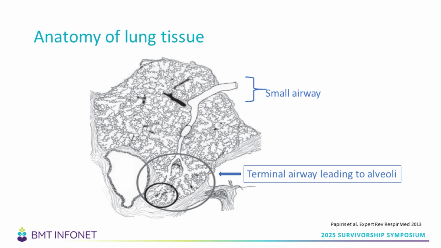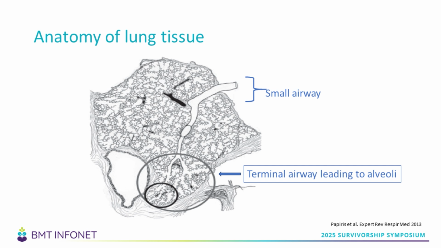So for graft-versus-host disease of the lungs, or bronchiolitis, what we're talking about is affecting your small airways. This is a micrograph, or a close-up, of a piece of lung tissue, and you have a small airway that goes into the lung tissue, and these little saccular structures, that's the alveoli. That's where your body is able to get oxygen from the air and expel carbon dioxide. So these tiny little airways end in these alveolar sacs,